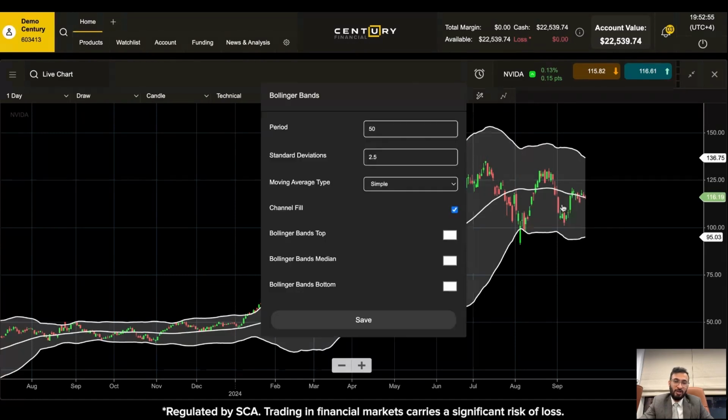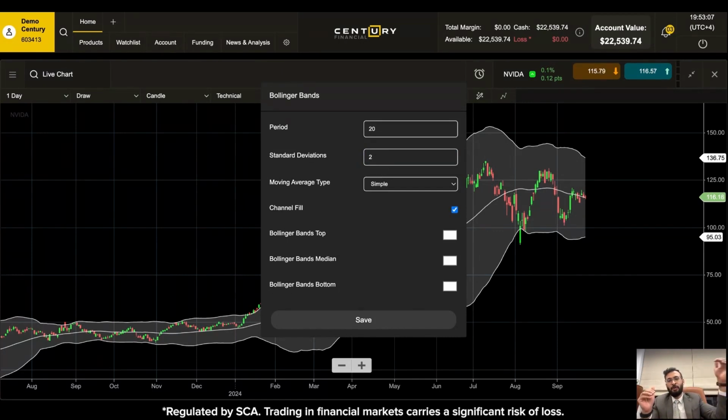See what happens when I change this from 50 to 20 days. And standard deviation, simple. Standard deviation tells us how much prices can deviate. So if I'm looking at the upper band, which is the first band, from the deviation, how high the prices can go maximum. Standard deviation of 2 means 96% of the chances that prices will be around this first band. 2 standard deviation also means that 96% of the time there are chances that the price will revolve around